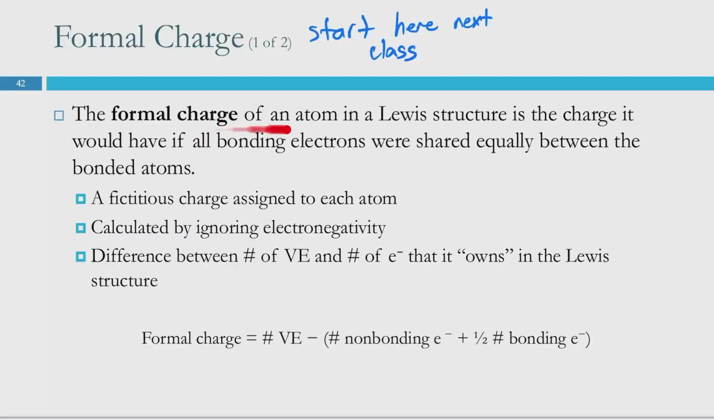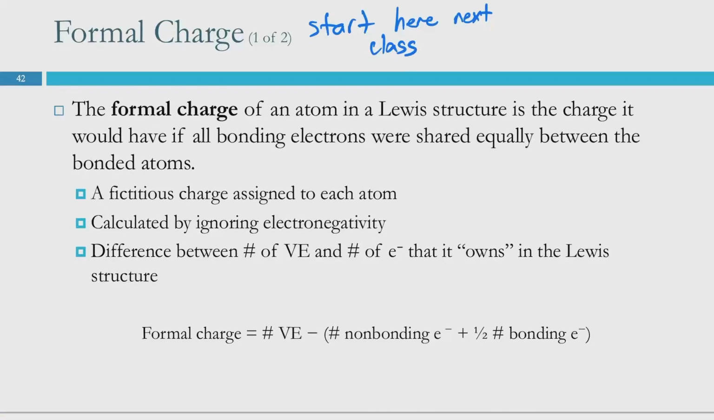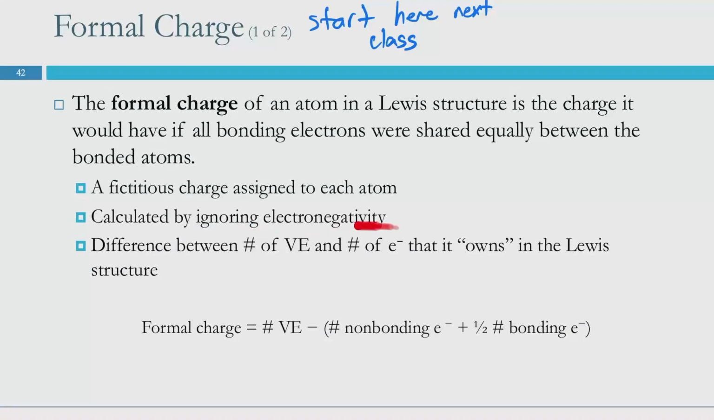So the formal charge of an atom in a Lewis structure is the charge it would have if bonding electrons were shared equally between the bonded atoms. So we're pretending that electronegativity is not a thing here and we're sharing all of our bonds equally. This is a fake charge that we assign to each atom. It's strictly a numbers game. We're just making stuff up, but it helps keep track of who's got how many electrons. Are they happy with the number of electrons they have? And is there a better arrangement? So we're going to ignore electronegativity,